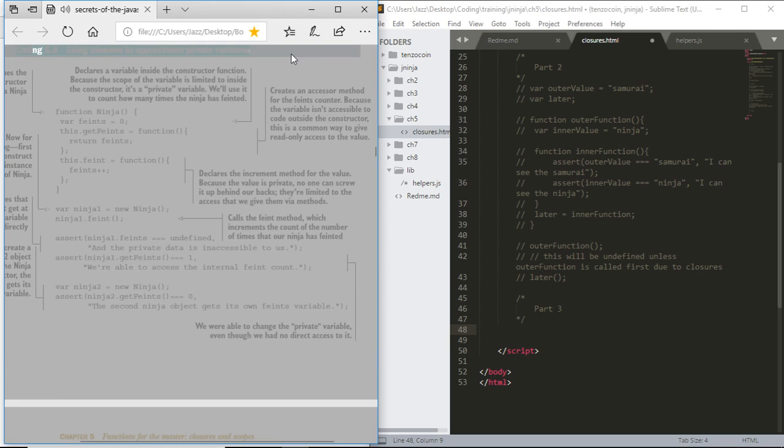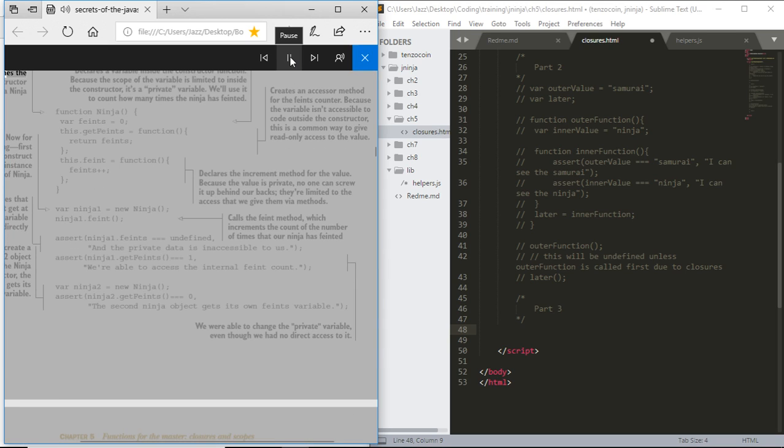Listing 5.3 Using closures to approximate private variables defines the constructor for a